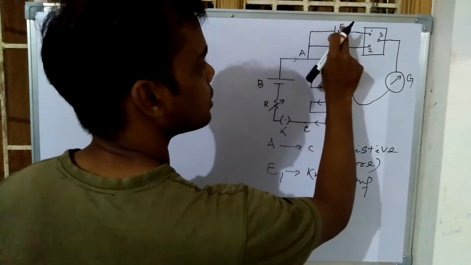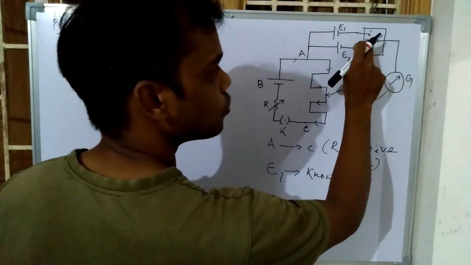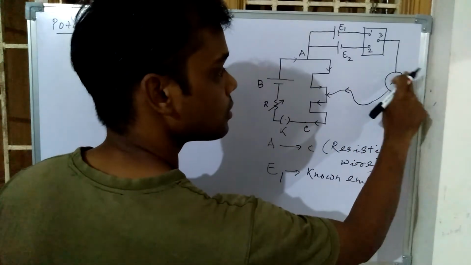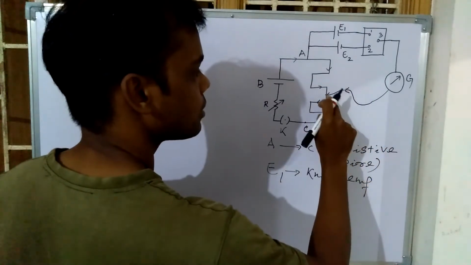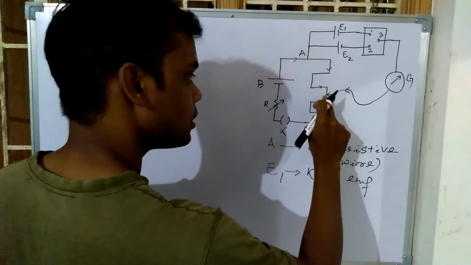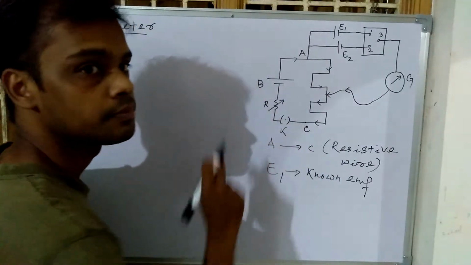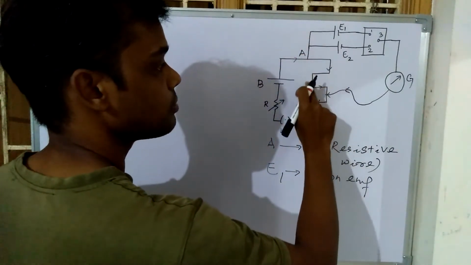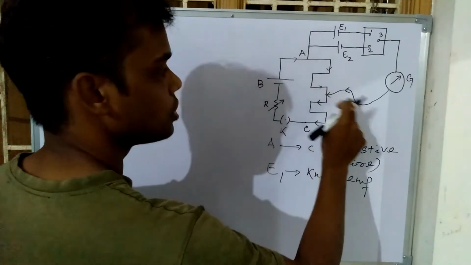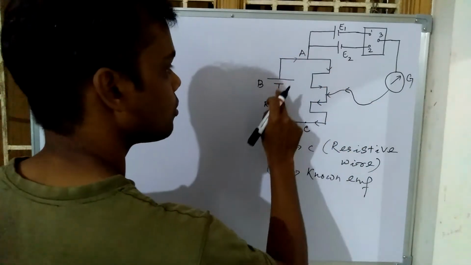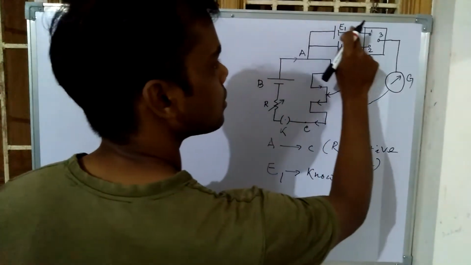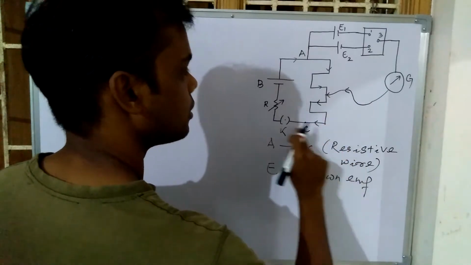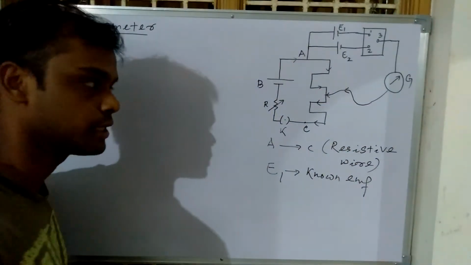From A to this, in this way, through E1, to 1, then to 3, because these two are connected. 3 to this path through the galvanometer, then through this path to this point here. Because current cannot go in the opposite direction. Here there is already current coming from A. So how will the current flow? It will go like this, this path, then this path, then this path. Here is the complete circuit.